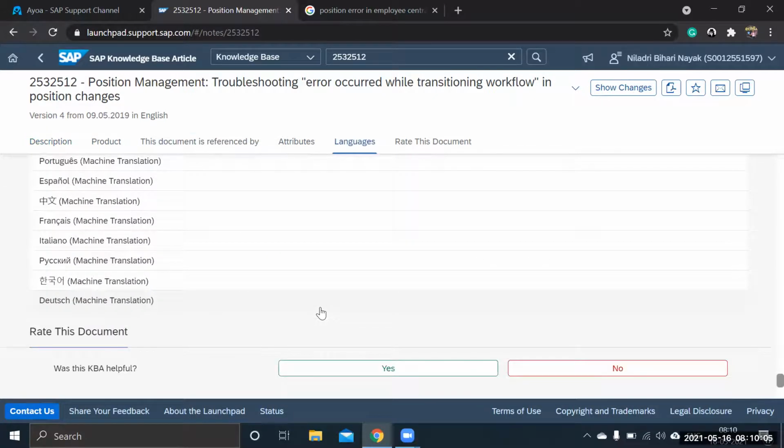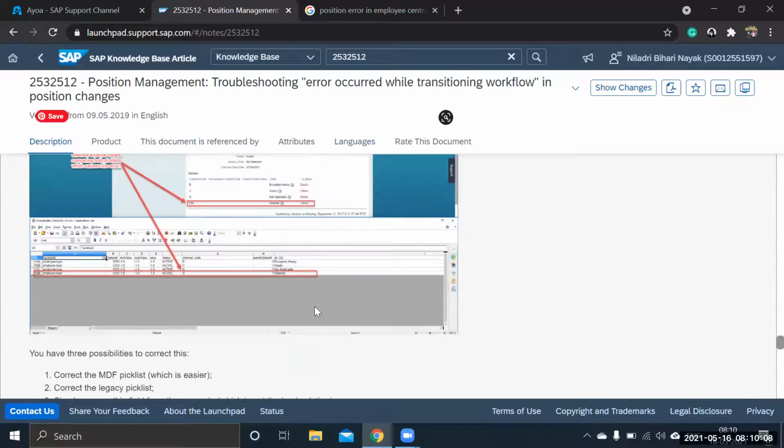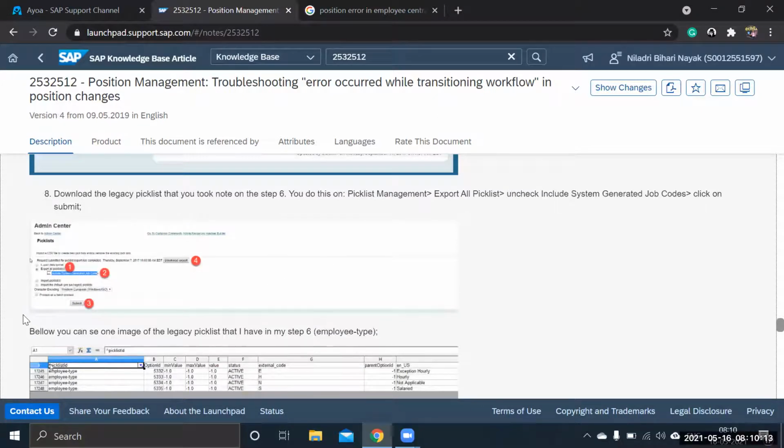And after that, if it is not working, then you have to raise a ticket. So what are the steps I told you before? You have to do this note, and if following this note also doesn't solve the problem, then you have to raise a ticket. It is not like you have to raise a ticket upfront. First you have to do research, and check all the knowledge-based articles available to you. Then if it doesn't work, you have to raise a ticket by referring to this note.